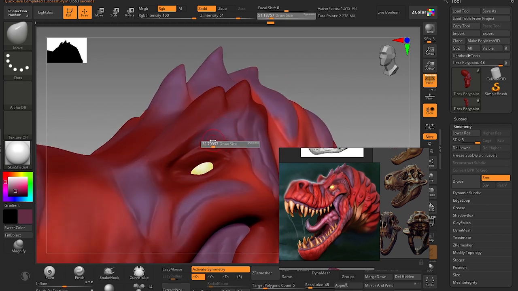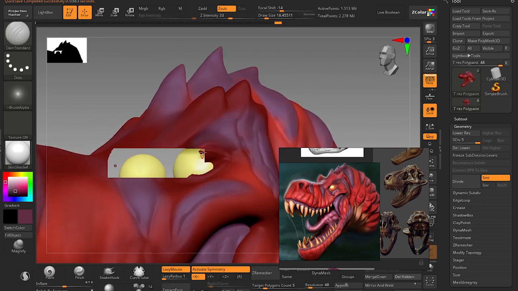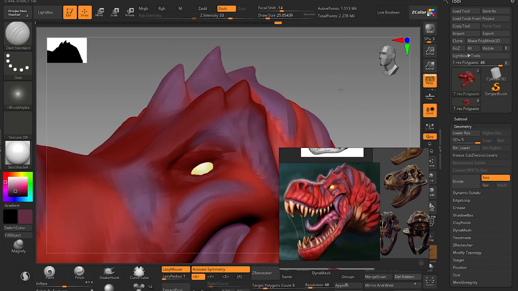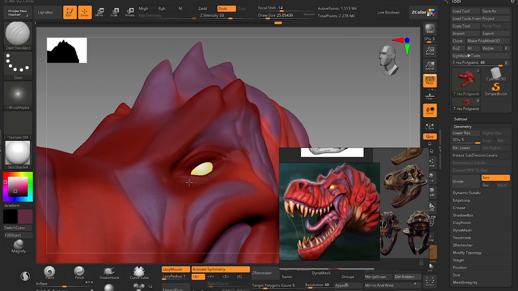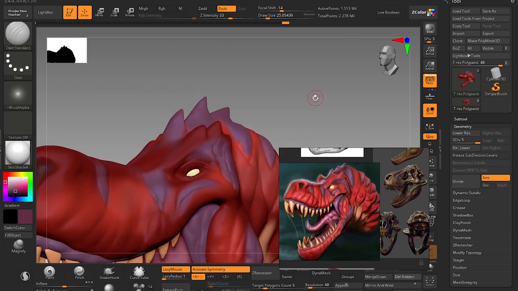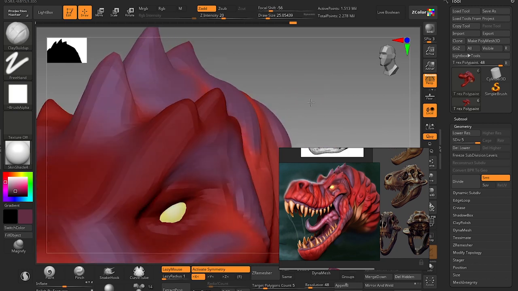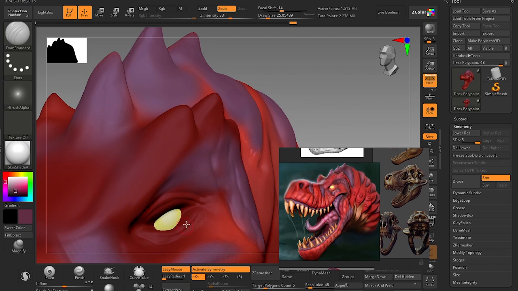I will switch it to more. This is a new bug in ZBrush 2022, and this stroke thing just messes up. Okay, I have upgraded my software to ZBrush 2022, and this is the new bug. Whenever I switch to a new brush, it happens most of the time. Okay, now